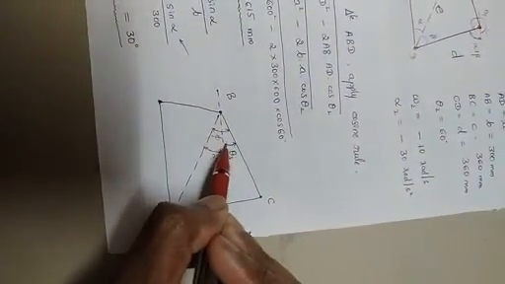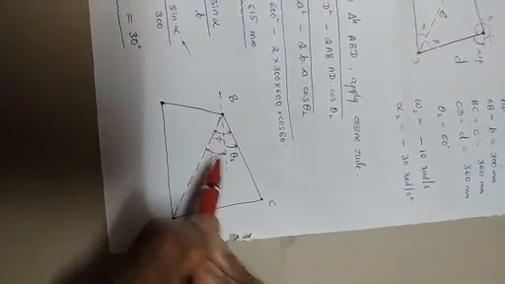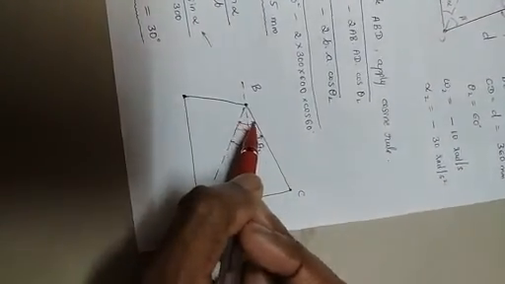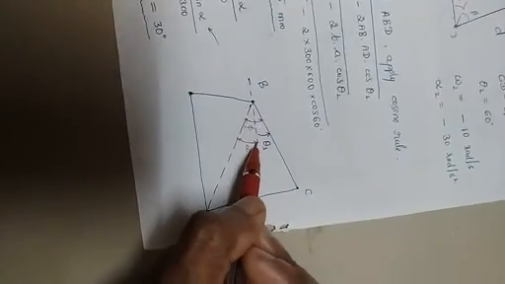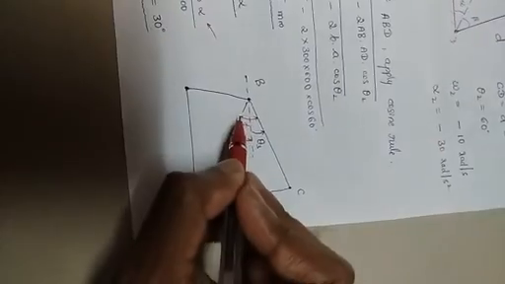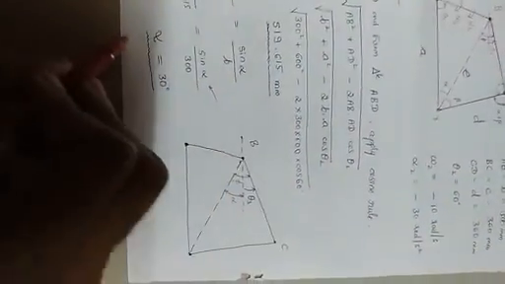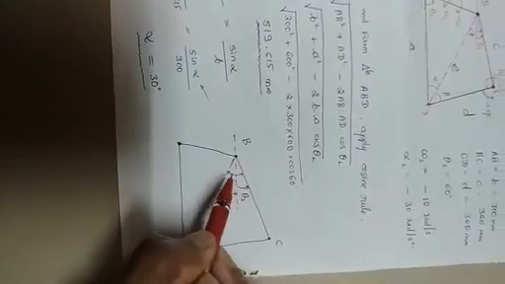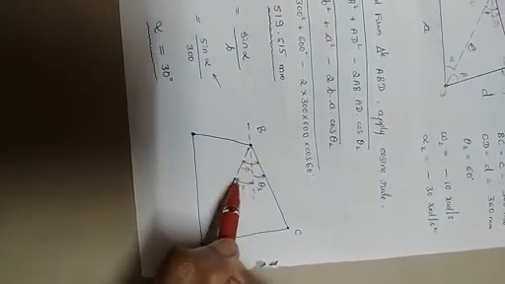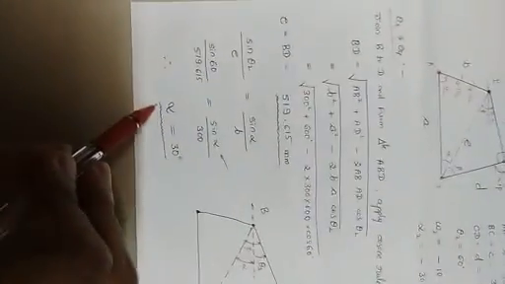See here, in this diagram I have drawn this one separately. Actually, to find out theta 3 you need the value of alpha and phi. Phi means this angle, and alpha means this. So the value of phi minus the value of alpha gives theta 3. So you have to find out the value of phi and the value of alpha. Phi minus alpha gives the value of theta 3. So now you got the value of alpha by this cosine rule. Next